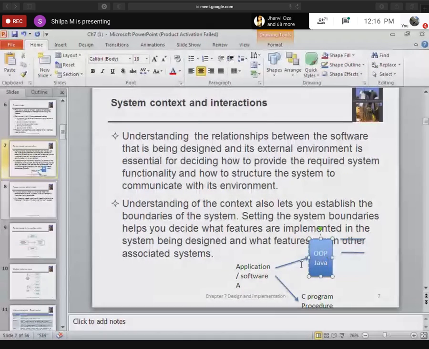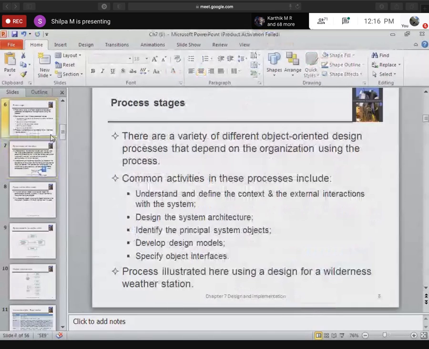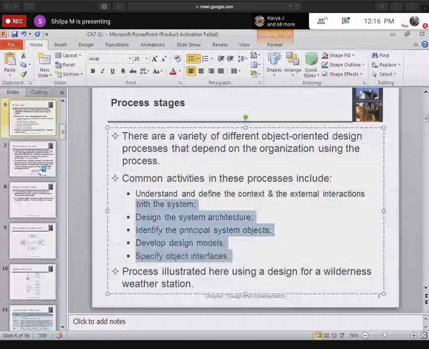Now, if you have chosen a way to develop this software or application using object oriented programming, then what do I need to follow? I need to follow these steps. Did you get the context of what I am trying to explain now?